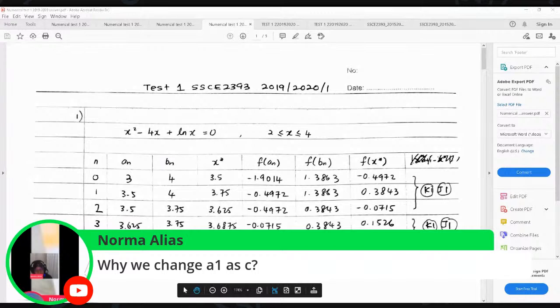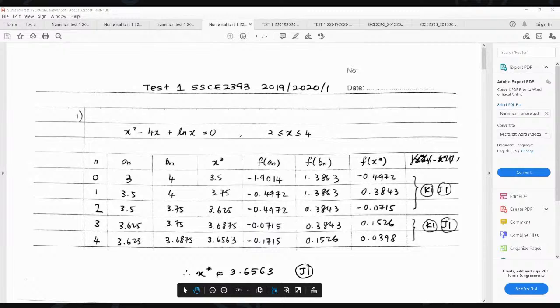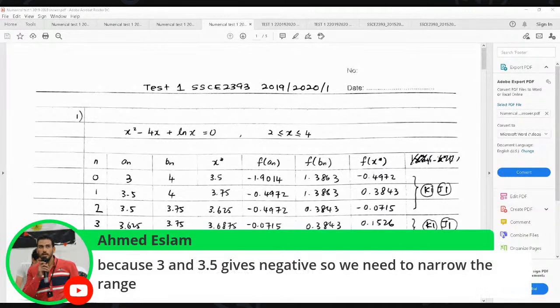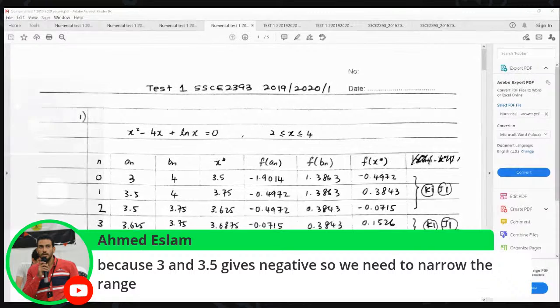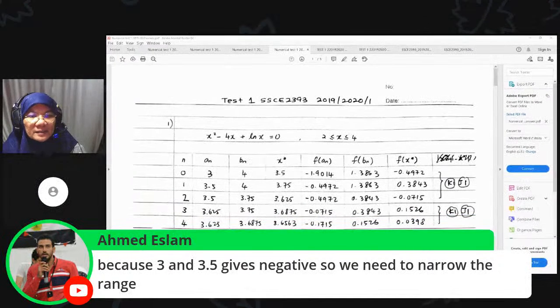The second is, my question, why do we change A2? You can see here is B2, and we change B2 as C. So this is my question. Because 3 and 3.5 give a negative, so we need to narrow the range. Yes, but in this case, the correct answer is